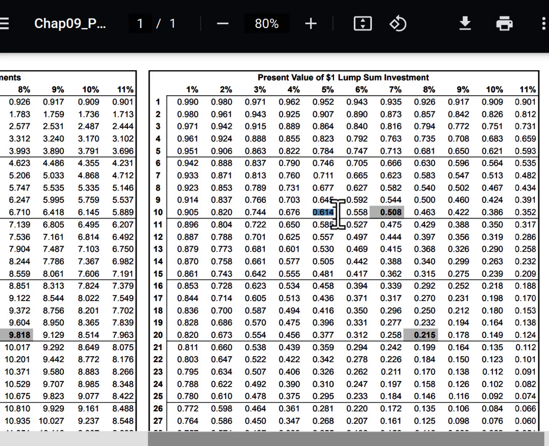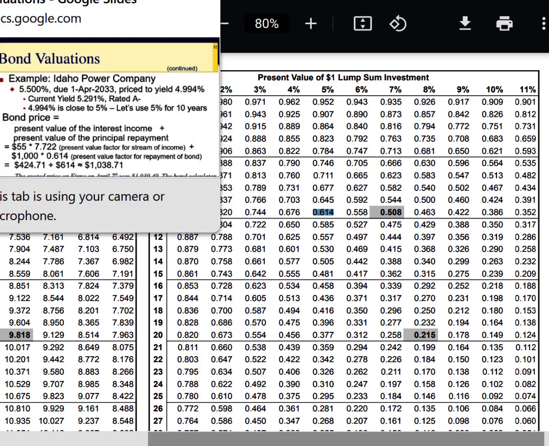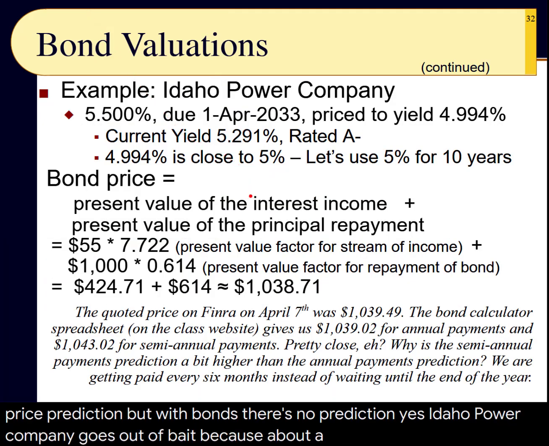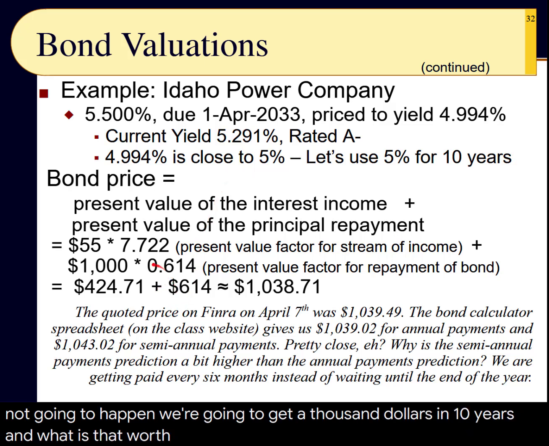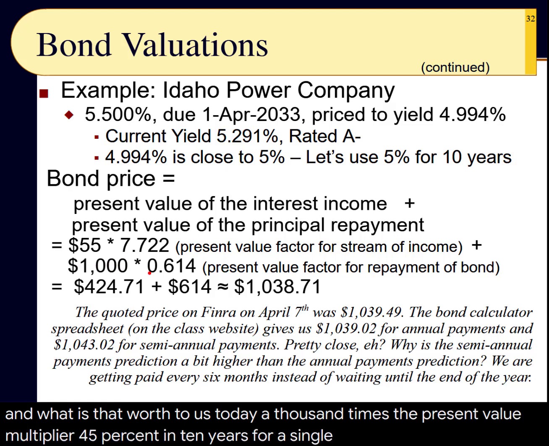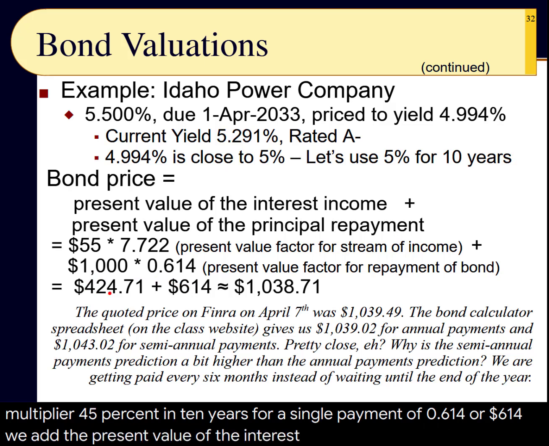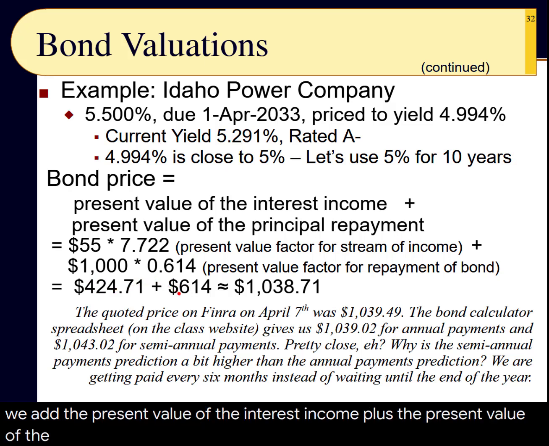Are you with me? Make sense? I hope so, because this is exactly what we did with the stock price prediction. But with bonds, there's no prediction unless the Idaho Power Company goes out of business, which is probably not going to happen. We're going to get $1,000 in 10 years. And what is that worth to us today? $1,000 times the present value multiplier for 5% in 10 years for a single payment of 0.614, or $614. We add the present value of the interest income plus the present value of the principal repayment, and we get approximately